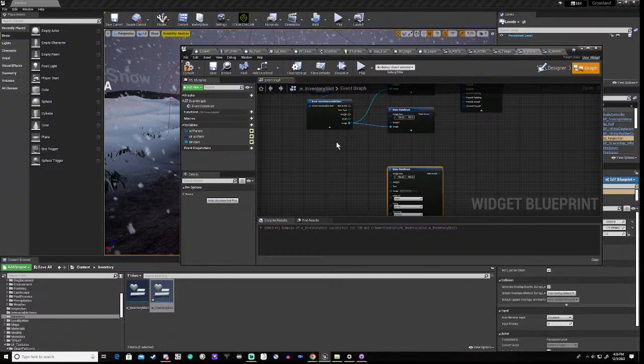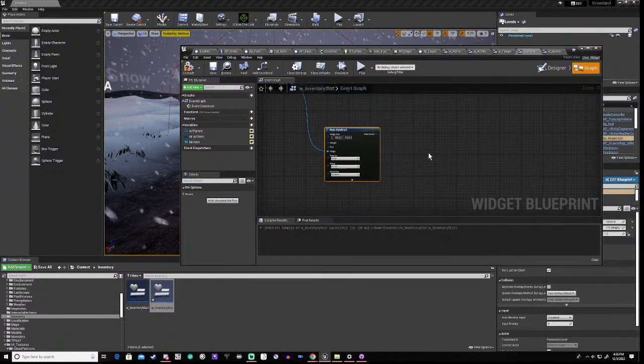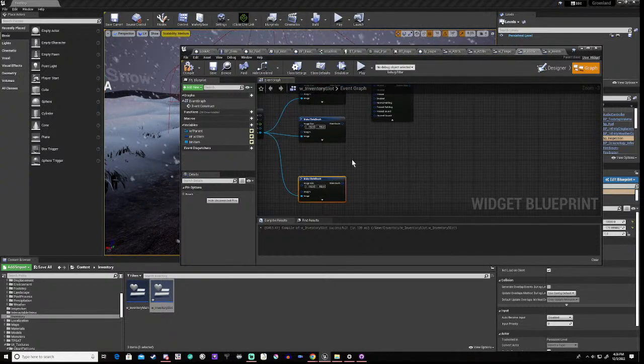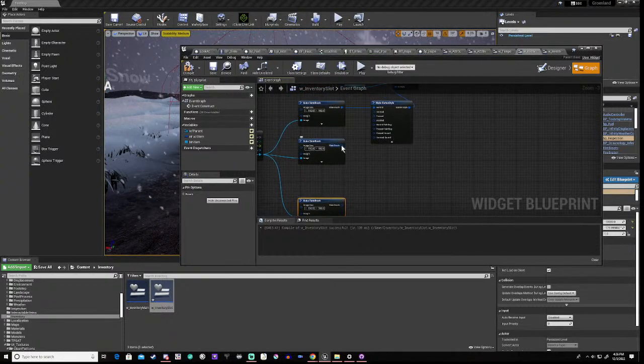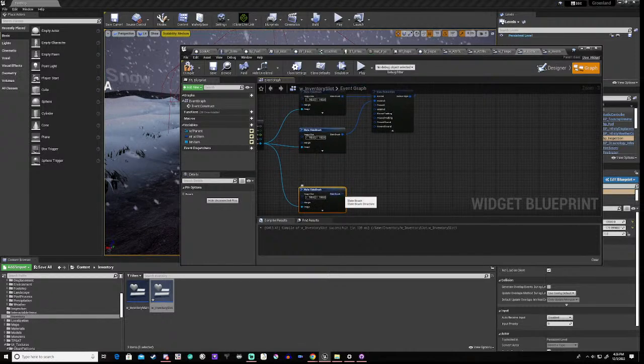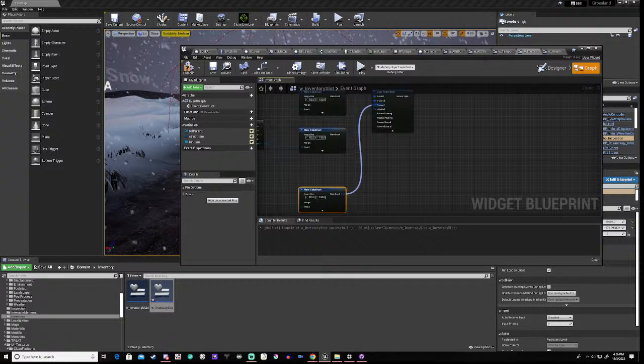We can set this up later as variables and store them as slate brushes, and then use them as standard ones. But for the moment,